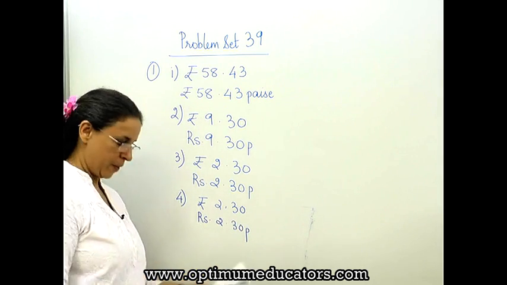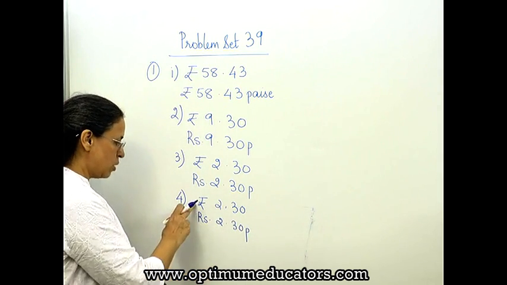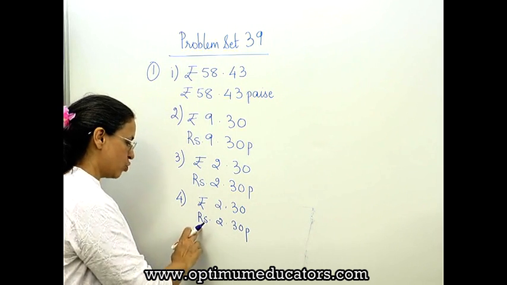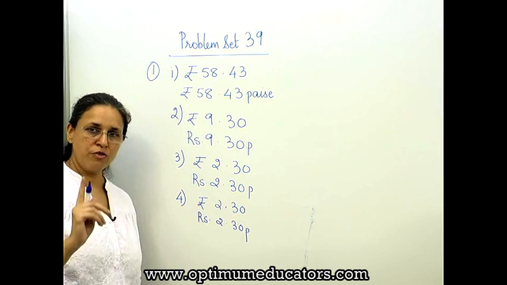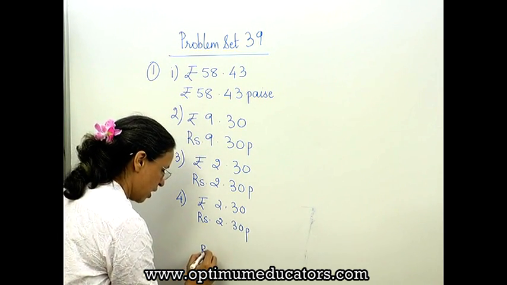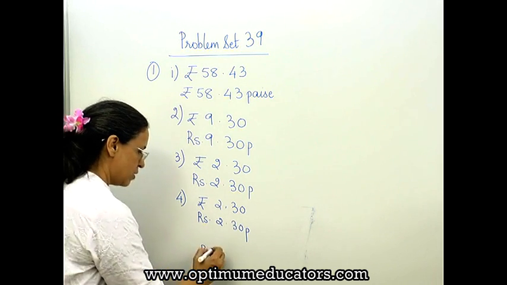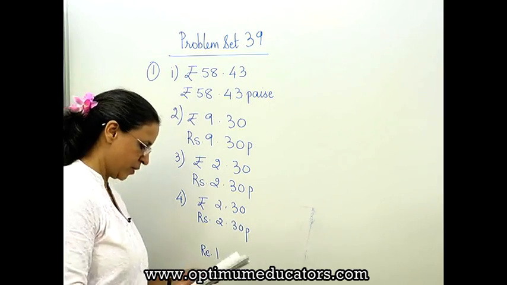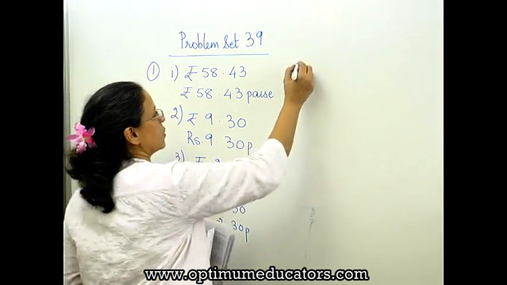Quite easy. We use this symbol now. This is the symbol which we use for rupee. Okay, before we used to write rupee this way. But if it is only 1 rupee, then in English you would have written it as RE. That is when it is only 1. Then you don't write RS.